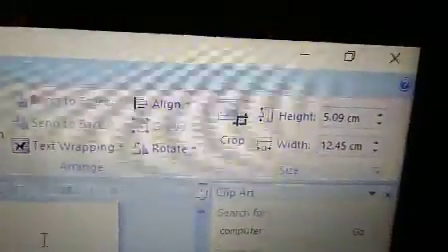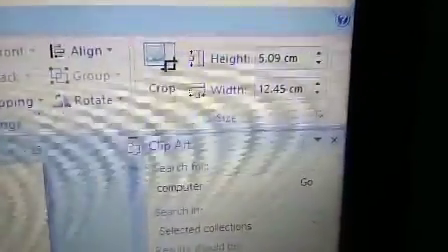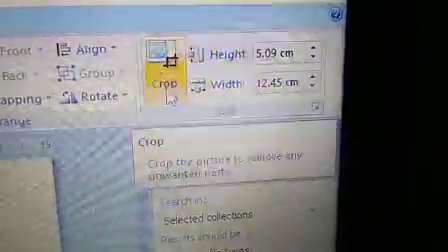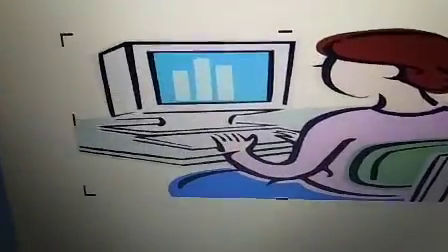Go to the Format tab, Size group, and Crop command. Click on Crop. You will see that cut points have come.